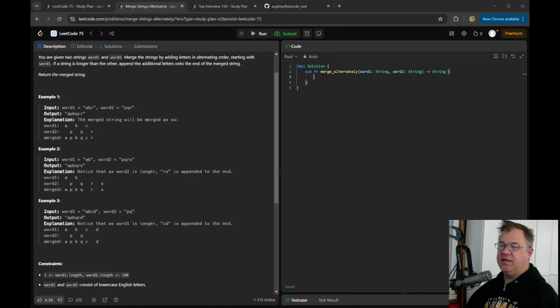So getting the next word that we're going to be using, we unwrap it here. And if I ever want to use unwrap, you're supposed to put a comment saying why this unwrap is safe.